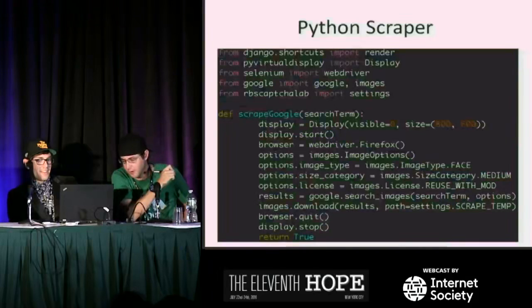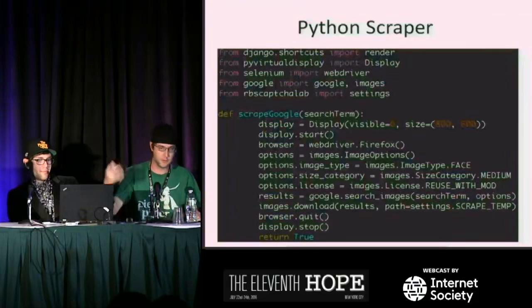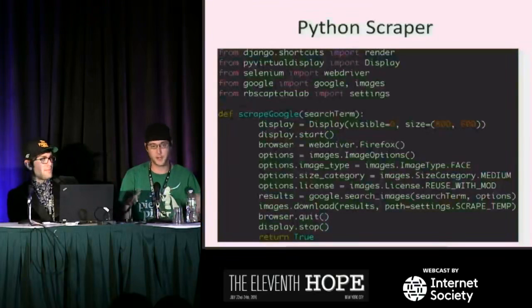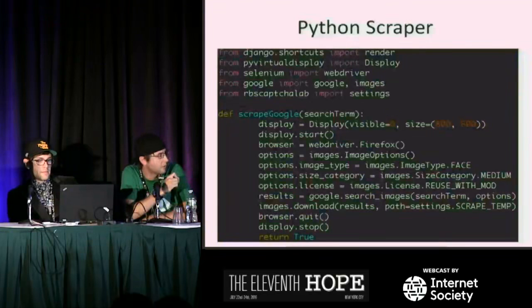And the coolest part is that you have this options.image type, and you can set it to type face. So basically you can search for anything you want. Like you can search for rock or like Mustang or chair, and it'll only return images with faces in them. So it really doesn't matter what you search for. You can throw garbage at it and you're just gonna get facial images all day long, because Google has already gone through their massive image collection and figured out which ones have faces for you. So that's pretty sweet. And then we just save them all to the web server. So that whole thing happens right here.